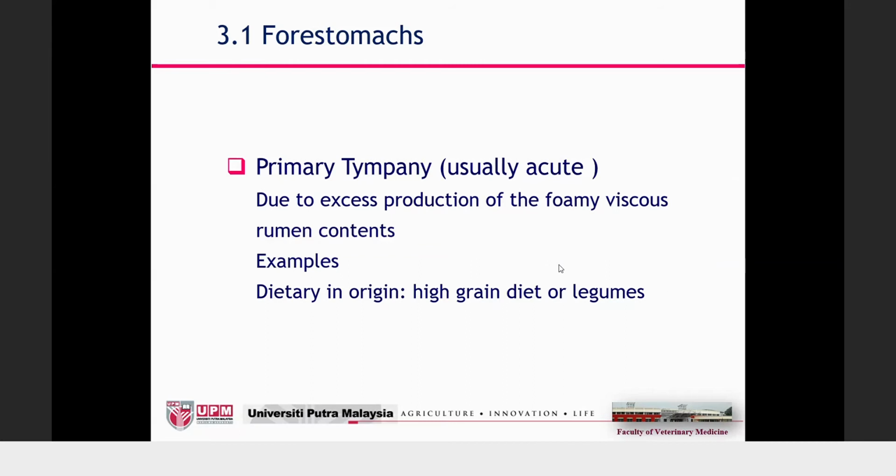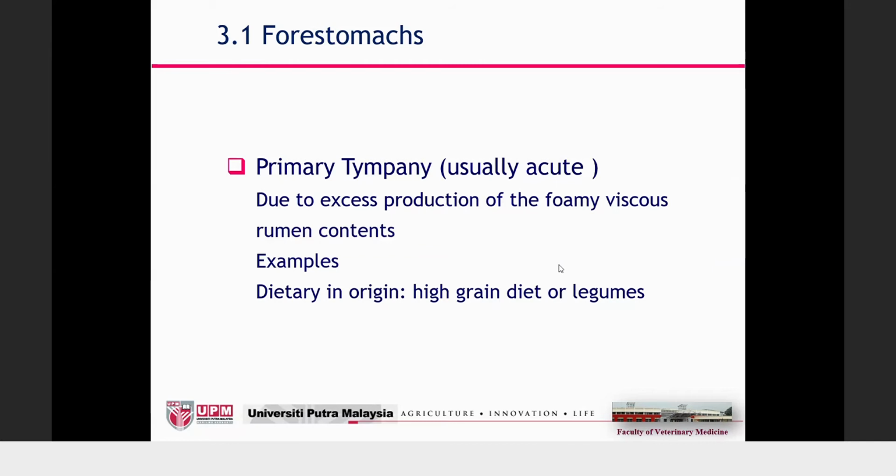So in terms of therapy, normally what we do is put a trocar, meaning just poke the rumen, and the gas will be released, then the animal will be relieved from the side effects of over-retention of the rumen. Because when the animal has over-retention of the rumen, it causes an increase in the pressure in the abdominal cavity, which also pushes that pressure into the thoracic cavity, leading to what you call